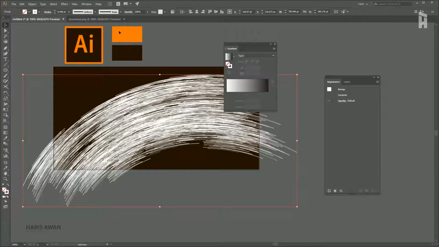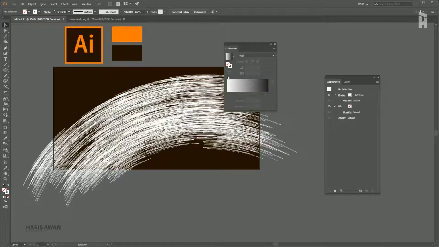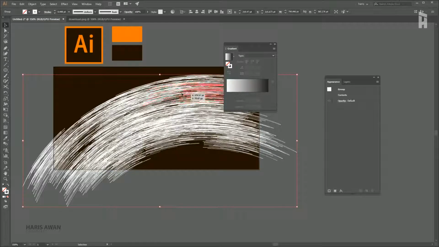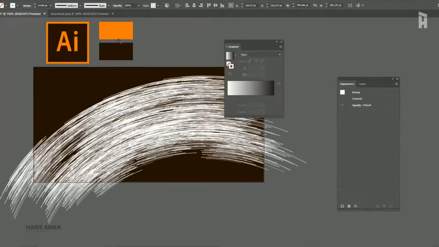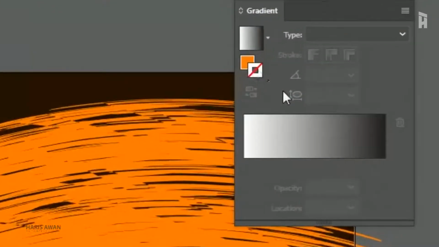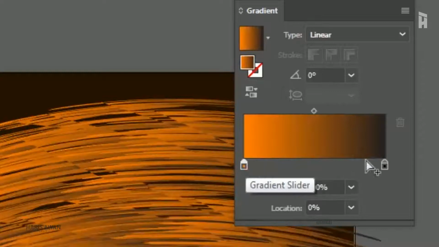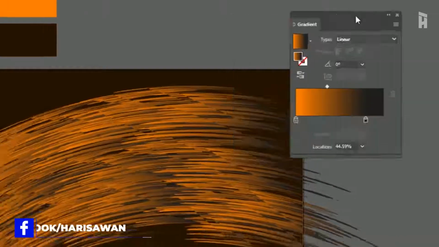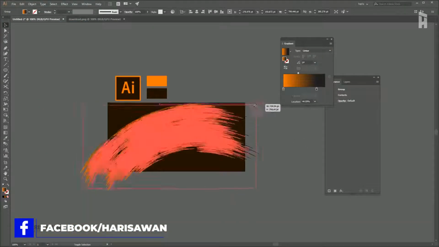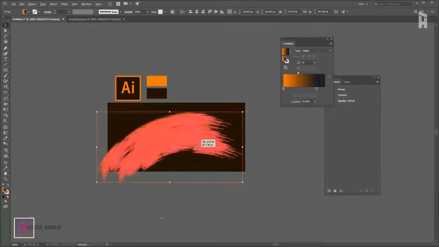and I am going with this orange color here. To pick the orange color, go to the eyedropper tool, or you can press I to shortcut key of a eyedropper tool and pick the orange color, and go to the gradient panel and click this little color icon here and drag this color into this gradient area here, and drag this bar little bit and scale it little bit, and create a copy by pressing Alt key.